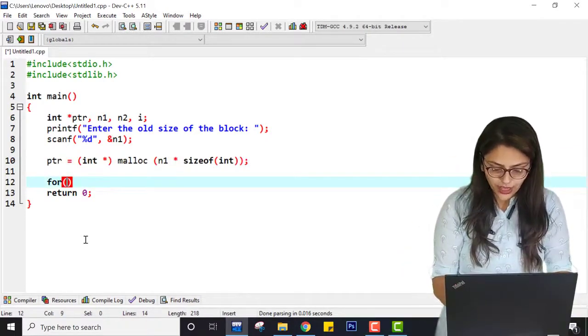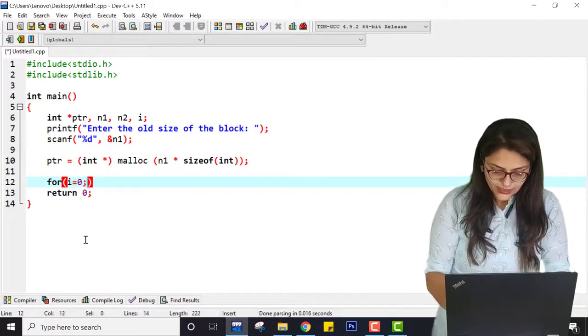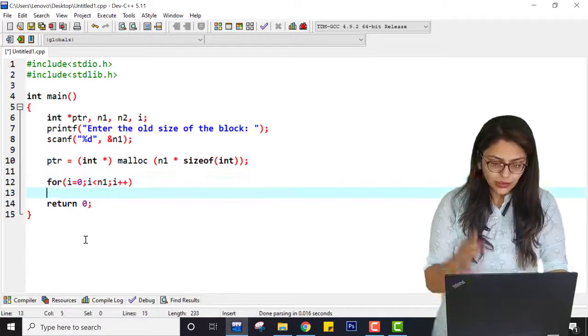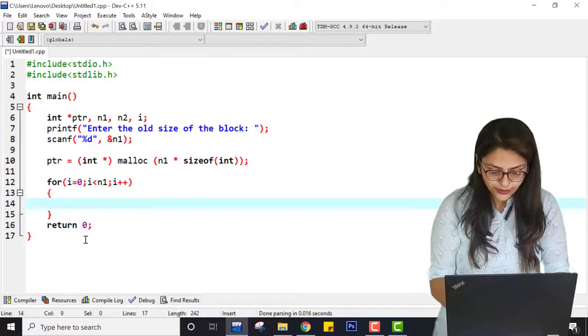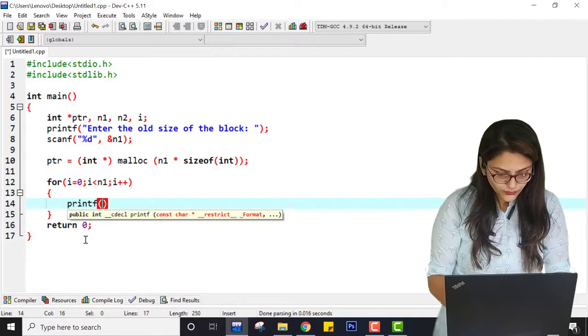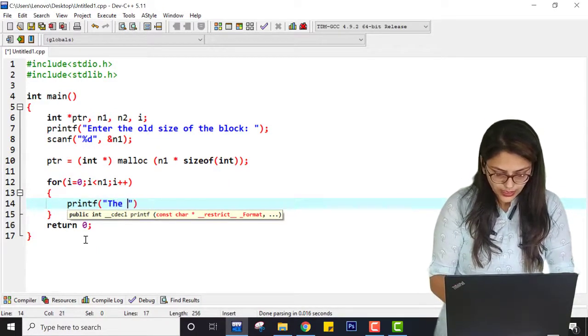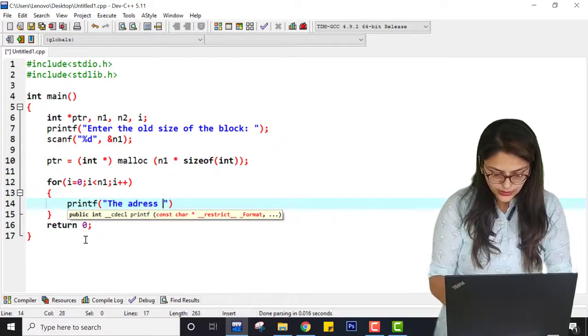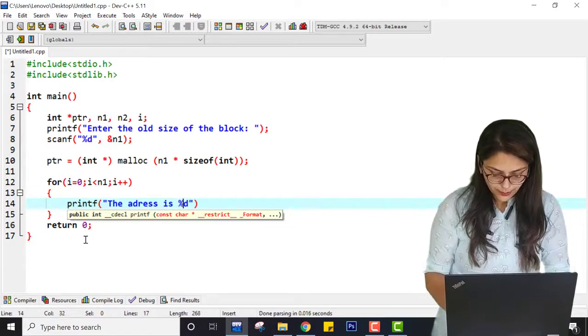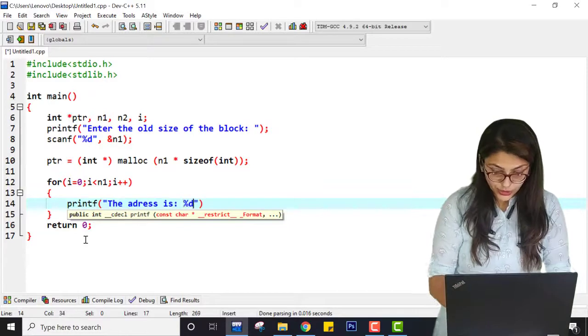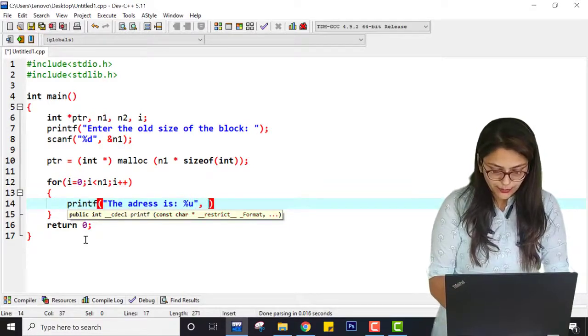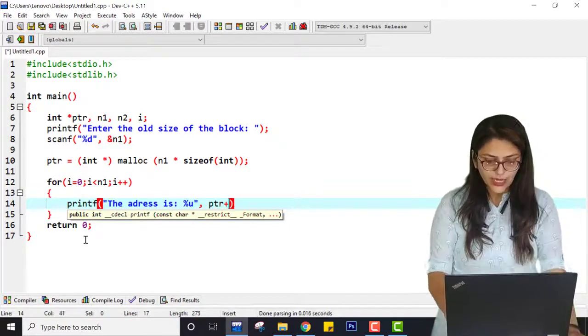So for that I'm starting with i equal to 0, i less than n1, i plus plus, and inside this I'm going to print the address is %u, sorry, not %d, and here it will be ptr plus i.